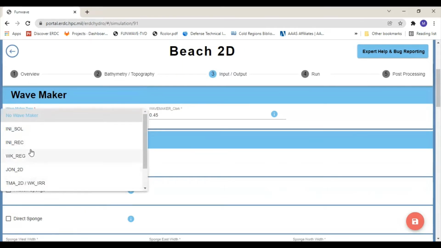Now, the remaining options in the drop-down menu here will generate waves from this internal type wavemaker. And these options include an initial solitary wave, an initial rectangular wave, regular waves, which are just monochromatic waves at a single frequency, irregular waves generated using either the JONSWAP spectrum or the TMA spectrum. And these options will change slightly depending on if your simulation is in 1D or 2D, the options that you would have available. In this example, we're generating a 2D simulation, so the 2D options will be available in what